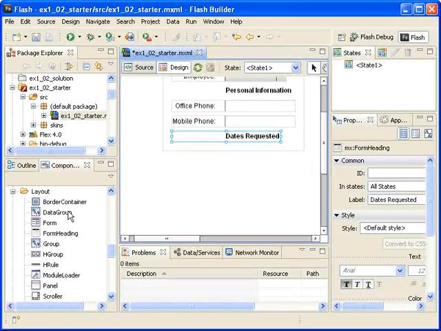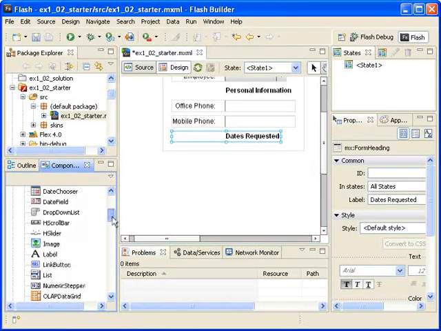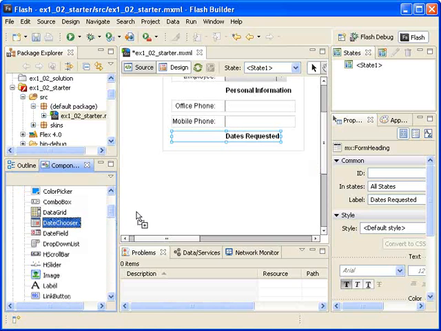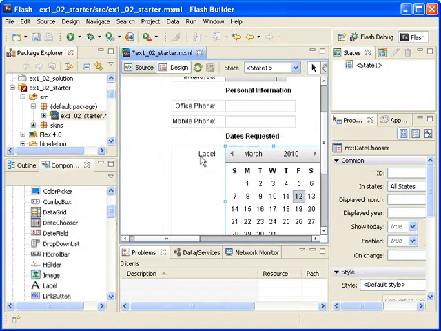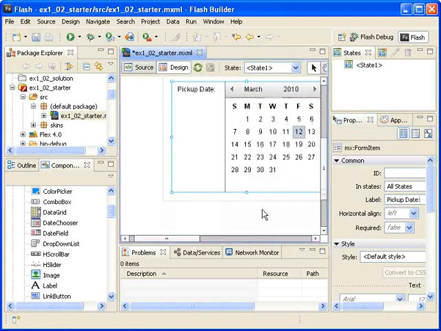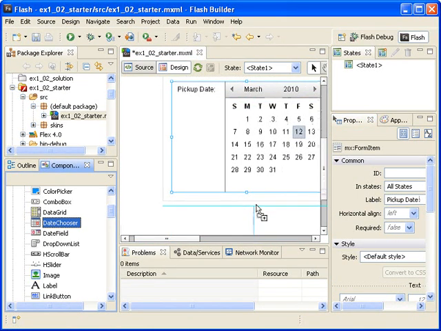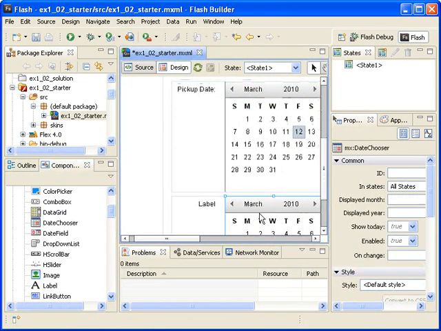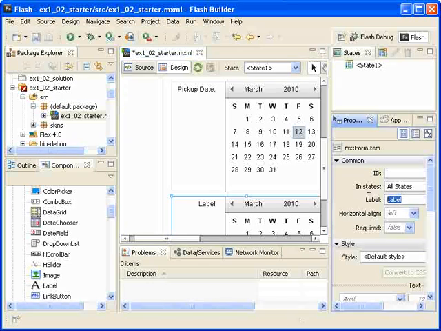Below that, I am dragging a date chooser control and changing its label to pickup date : the second date chooser control will have a label of return date :